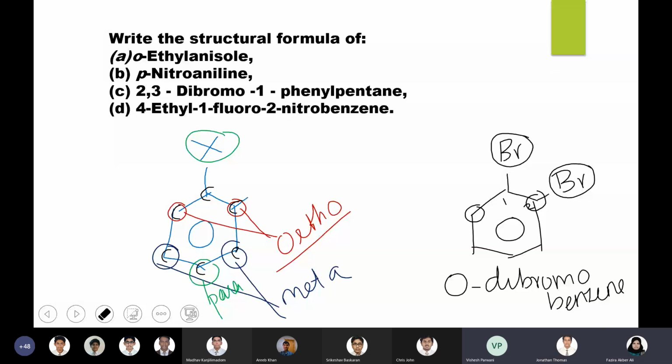Yes, ma'am. Okay, or if you look into the other one where there are two different functional groups, for example, you have NO2 and, for example, chlorine. So how can you name it using the common naming system? NO2 and chlorine. Let me just change the position. I'll put chlorine in the opposite position. So how can you name this compound, in both ways, IUPAC and also the common naming system?